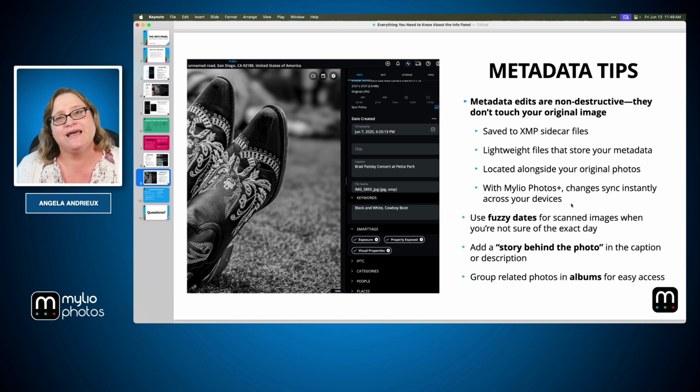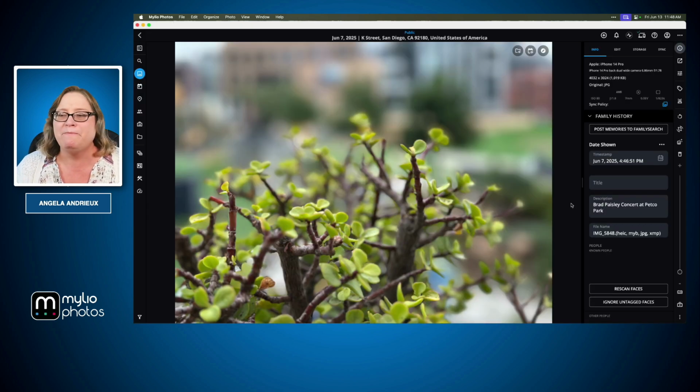Use the info panel as an opportunity to tell stories and get that context and information from that moment that you were there. Just because you remember what was happening at that moment does not mean the next person looking at this picture is going to remember. So if it's important, if it tells a story that you want the next generation to know about, make sure you're adding that context. The best places to do that are going to be here in the title and description,